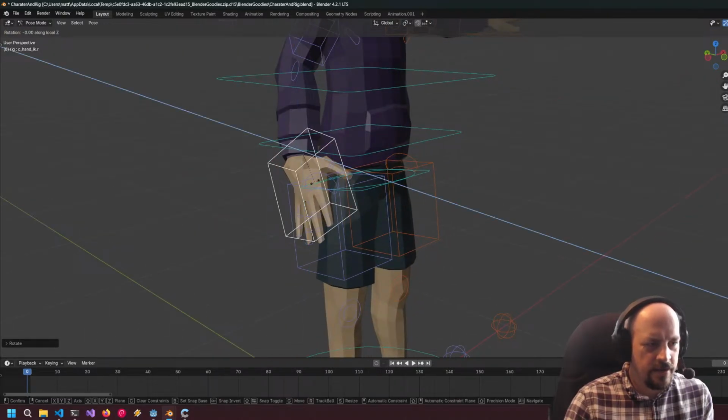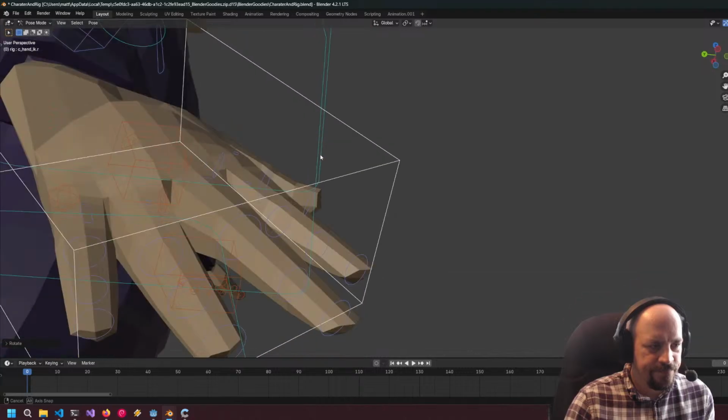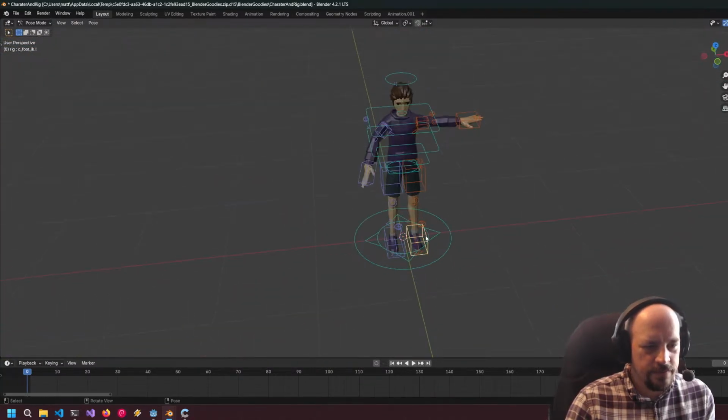Yeah, it's not like the most perfect model or anything, but it's cool that it